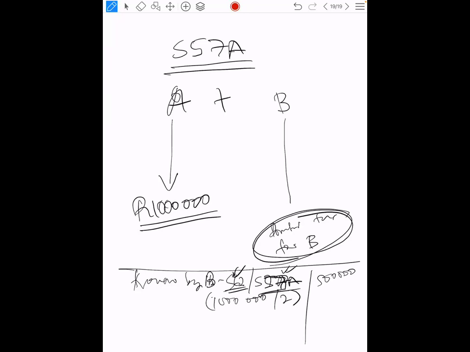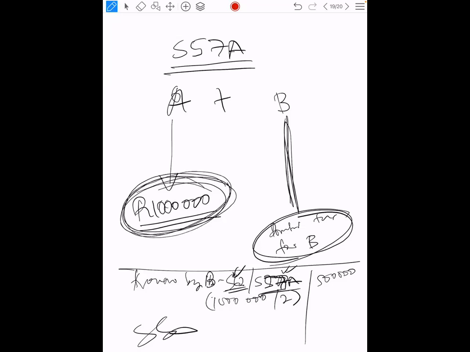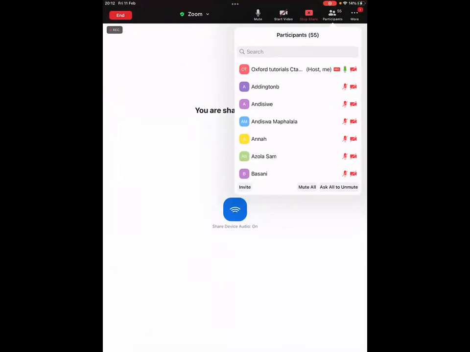Thereafter, you go with the stories that I've taught you. Okay, provided that this 1 million is included in the joint estate. If they tell you that the 1 million was not included in the joint estate, then you say it does not have any donations tax implication because section 57A does not apply on the donation that was made by A. So it means that the implications will apply on 1 million on the donor being A. So let's go there, because you need to know the source of these things, not to hear it and say we did it in class. No,